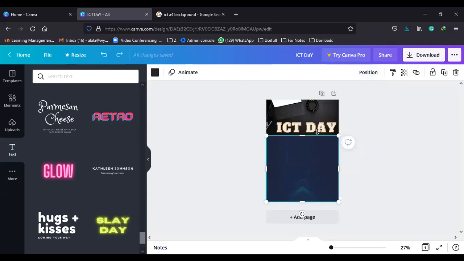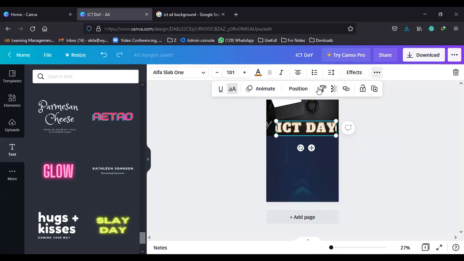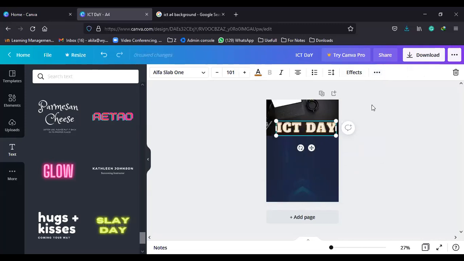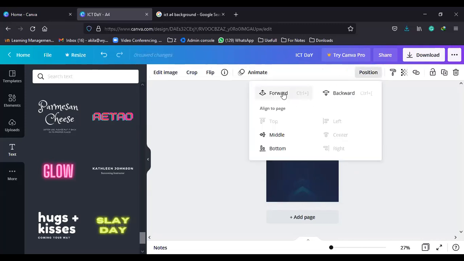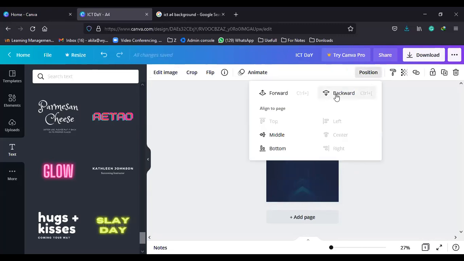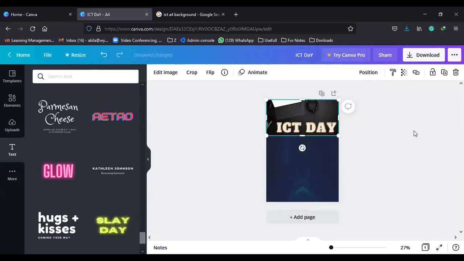So for example, if I just select this, that's the position, see, click the position and I'm going to send it backward. Again, I can move it forward like that. See, now it is there, but I can't see that. I have to send this backward. So like that, you can change the position.